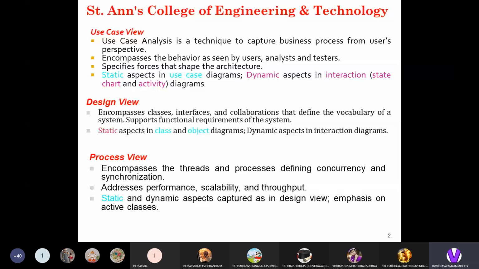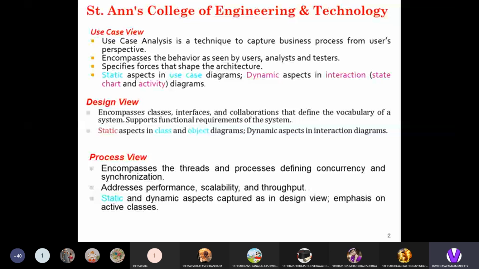There are 2 types of diagrams involved in the use case view. For static aspects, we go for the use case diagram. For dynamic aspects, we go for interaction diagrams, that is state and activity diagrams, which are used for the use case view. So that is the importance of the use case view.